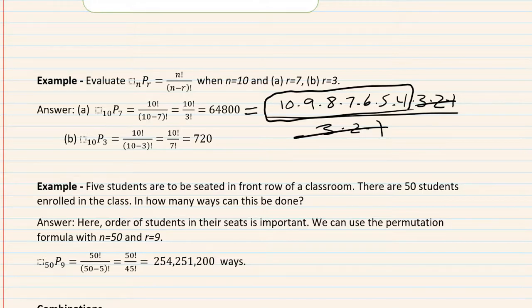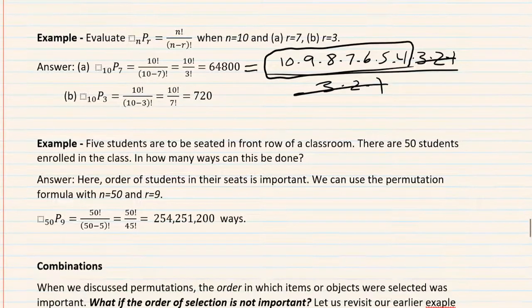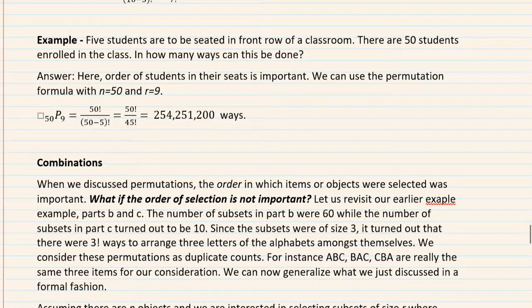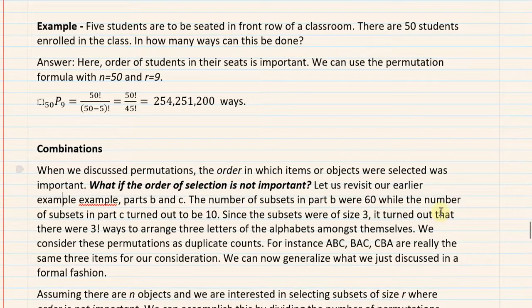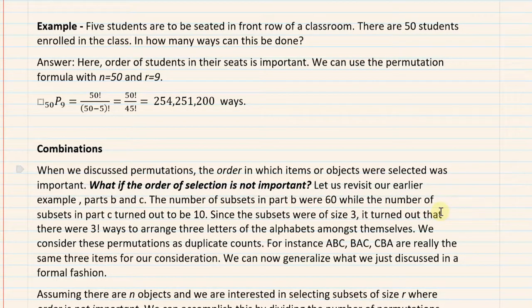So remember, with permutations, order matters. Now, if we remove order from our work, what if order does not matter? If order is not important, then in that case, we can remove those duplicates. Remember the ABC, BAC, all of that stuff. So we can remove those. Oops, sorry. I'm trying to fix this as I go. I just typed these up. That's why there are a few typos in there.